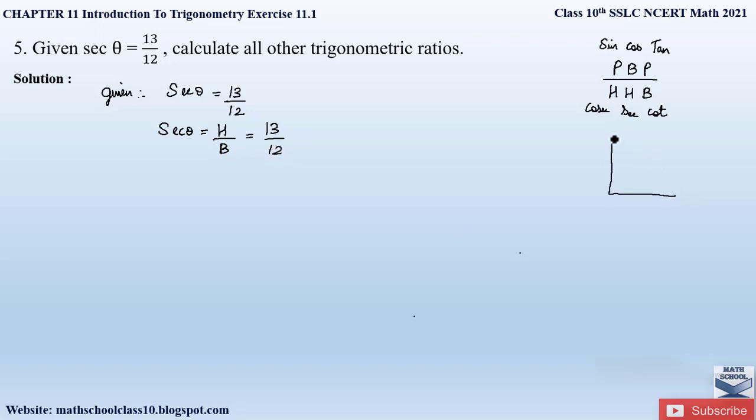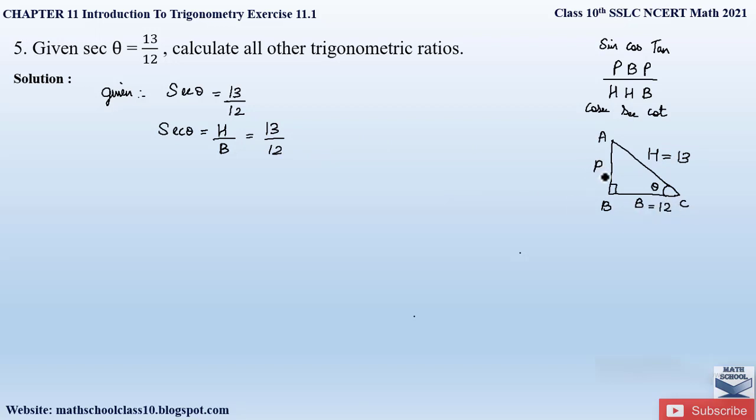So let us draw a triangle that is right angled. Since we have to find out trigonometric ratio for this angle theta, so this angle theta is the acute angle at the base. Let us name this triangle as A, B and C. The side opposite the acute angle will be the opposite side or the perpendicular, and the side along the theta is base or the adjacent side. Side opposite this right angle will be our hypotenuse. So we know the value of hypotenuse, which is given here as 13, and the base value as equal to 12.